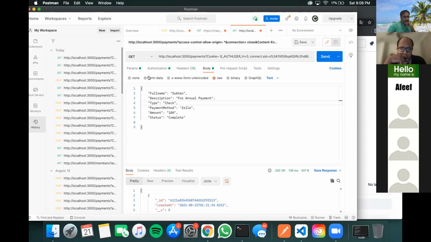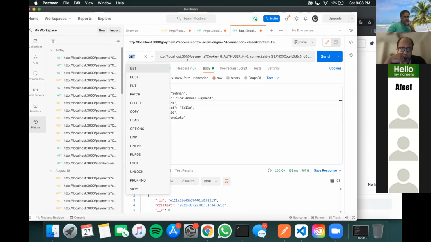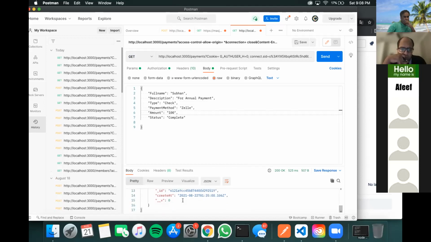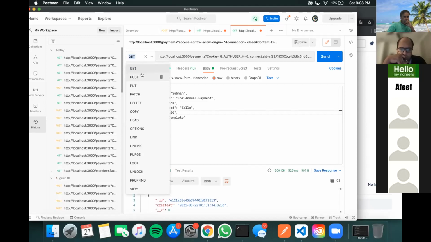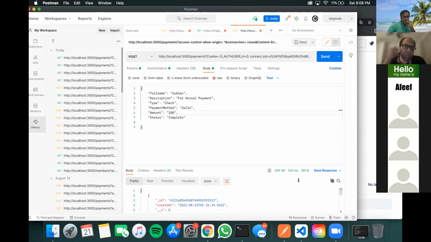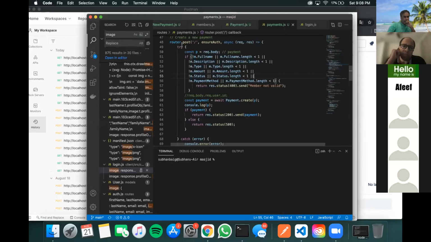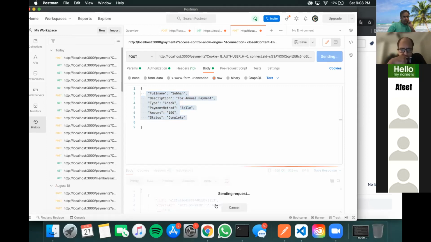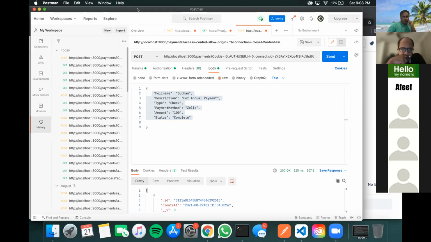So here we create, if we do a GET and send the request, then it will send. These are some that are already created, but if you use POST right here, from this method, and I put in all this description, all these data fields, and just do POST, then it should post a new field. I'm still working on it, there's a bit of an error, but right now I'm just working on the Postman part and testing the APIs.